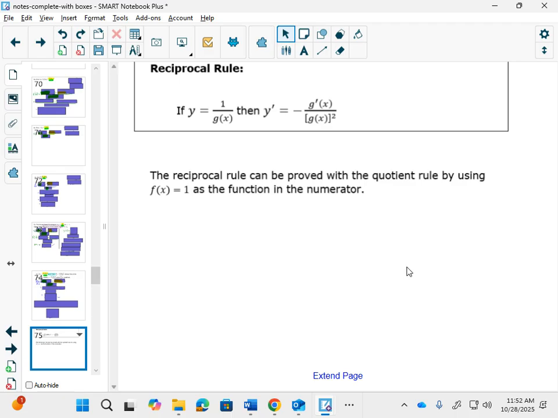Now, this is actually a rule I never memorize. You can memorize it if you want, the reciprocal rule, but watch what happens if I do the quotient rule instead. So if I want to find y prime,